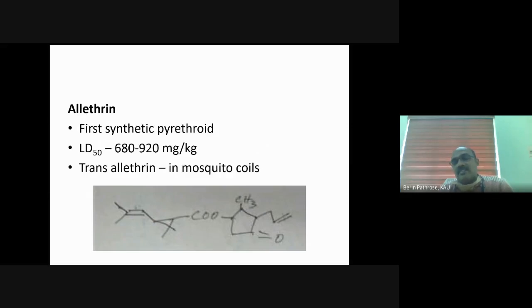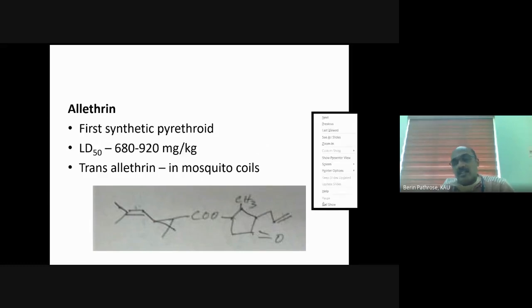What is the acid? Chrysanthemic acid or pyruthric acid in allethrin? Yes, it is chrysanthemic acid. And see, the alcohol part is almost the same, except that, if you take the case of cinerolone, except that it